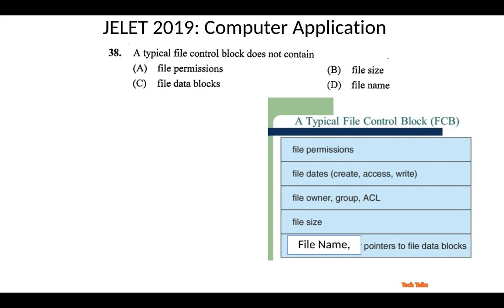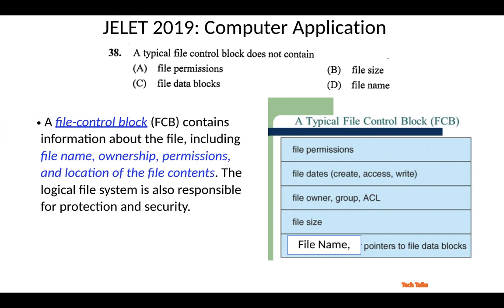Let's see in the pictorial we see that file permissions, the file date, when it is created, when it is last accessed, modified, when it is written, file owner, who is the owner, who can write, who can read, group, ACL, these are all security related, file size, and other than that file name and pointers to file data blocks. So we see that all the data related to the file are stored